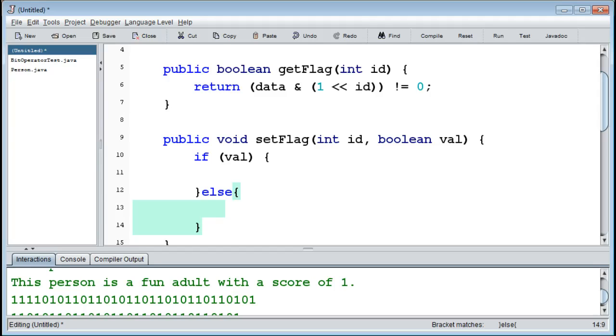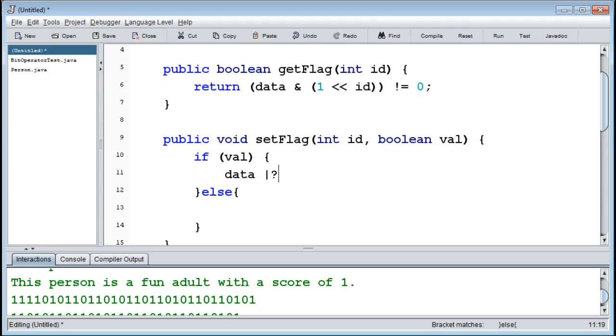You use some ternary operators together with quite a lot of bit shifts and bit operators to, in one single statement, set the new value depending on if the Boolean value here was set or not with the ID there. But it's fairly easy to just do it like this. So if the value is true, then we want to set it, otherwise we want to reset it. And we've seen these things before. How do we set a bit? Well, we do